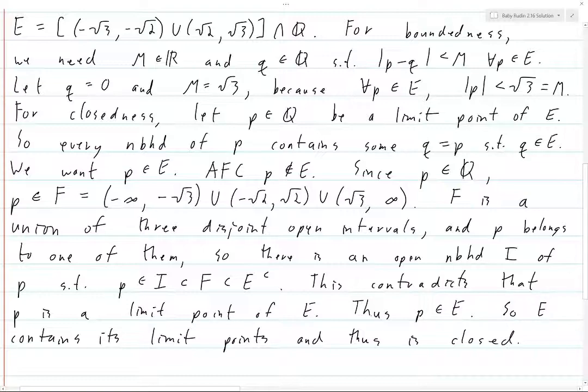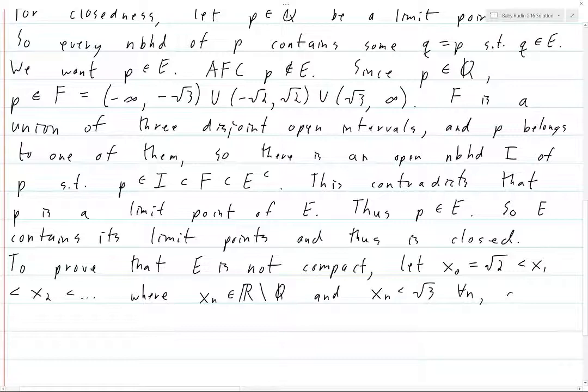Where xn is an irrational number and xn is strictly less than root 3 for every single natural number n. And we also have to assume that the limit as n goes to infinity of xn is precisely equal to the square root of 3. And such a sequence indeed exists, because you could take x0 to be square root of 2, and then x1